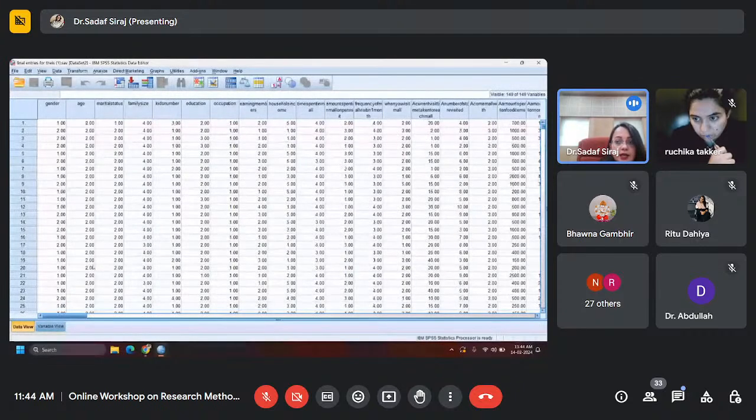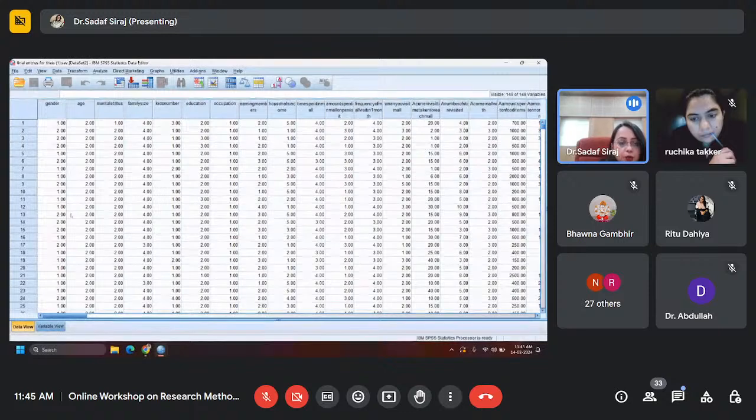Unless and until I can boil down these numbers into percentages and frequencies, it is not making any sense to me. So we start with simple percentages and frequencies. You can follow the whole process step by step. If you have SPSS, you can do it along with me. In case you don't have SPSS, I suggest you keep on writing the script.